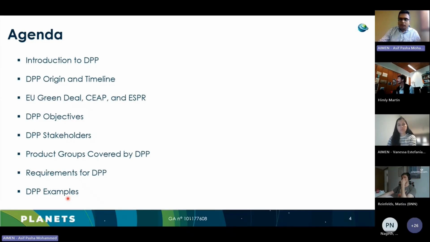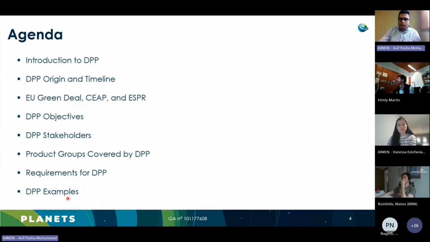What are the objectives, as mentioned in the implementation, transparency, circularity, and so on. And then also the stakeholders, what kind of stakeholders are involved in this: manufacturers, regulators, recyclers, and so on. And then what are the product groups that are covered by the DPP? So the current and upcoming product categories that the European Commission is focusing on, what is the prioritization criteria for